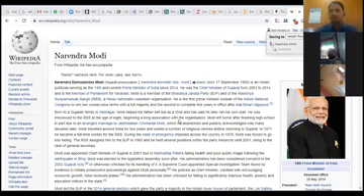Automatically, all metadata will come to my library. You see here, encyclopedic article, Narendra Modi. Title is Narendra Modi. Author is, because it is an online database, it is aggregating from different sources. That is why it will be displayed like this. Now you can see here, all the information has come.